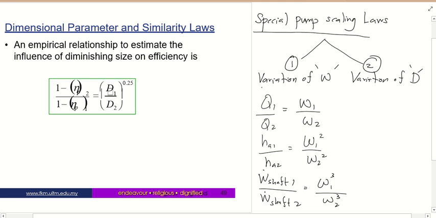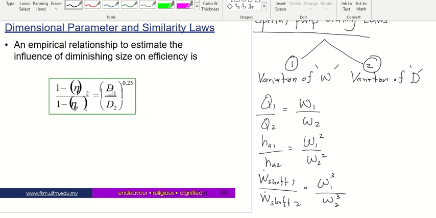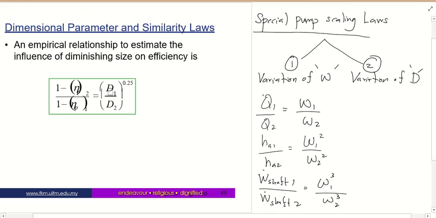Okay, so this is for the second case, which is variation of diameter. Okay, so this is variation of omega, meaning that the diameter is similar. Okay, so we come out with this equation. So D1 equals D2. And then for the second case, variation of diameter, now omega 1 equals omega 2. Okay, so we change the